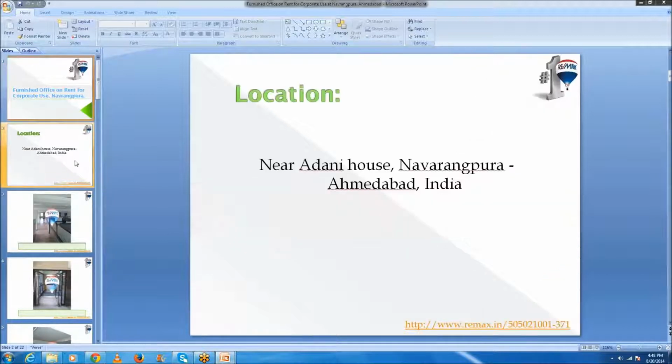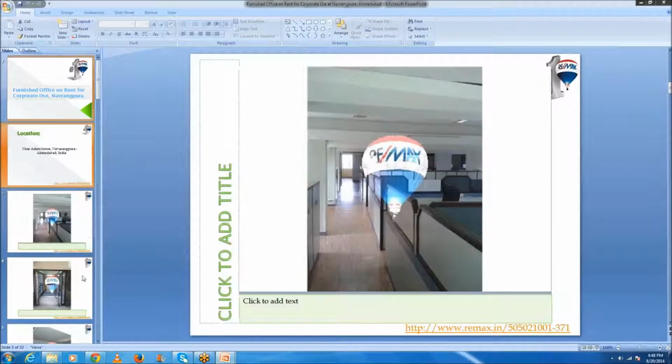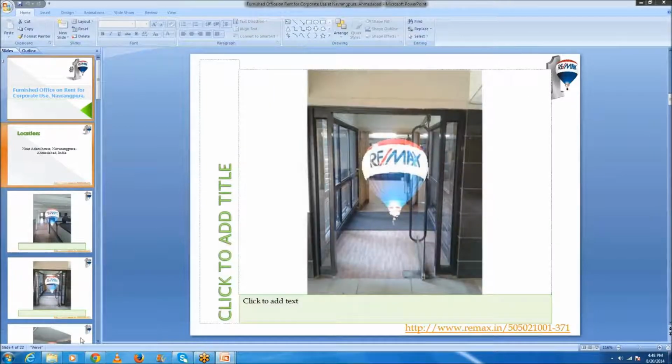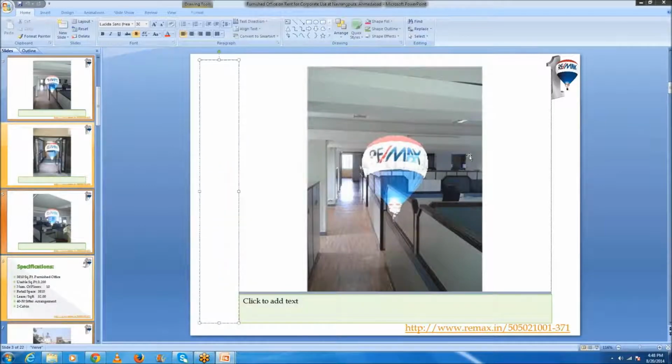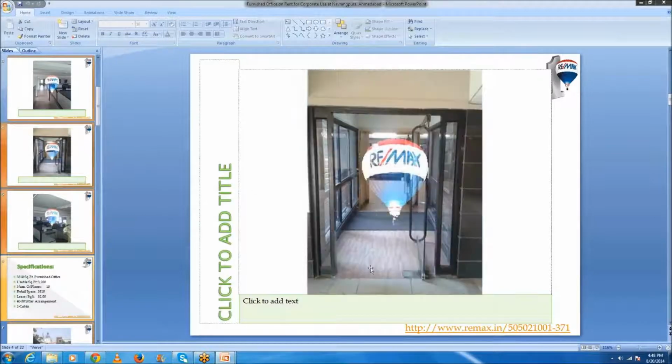In the next slide you can put the location and description of this property, and then onward you can keep photograph and description, photograph and description. You can also add a title to each photograph, like this is the entrance of the office, whatever the appropriate title may be.